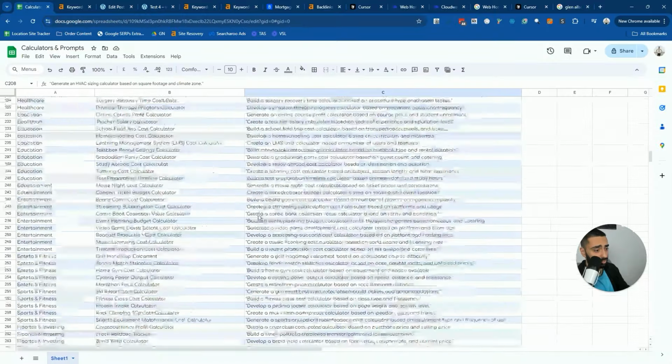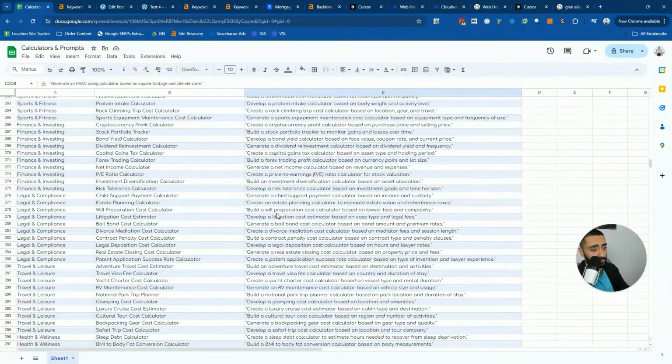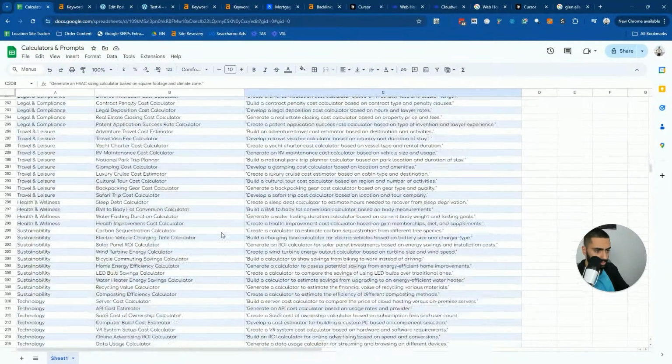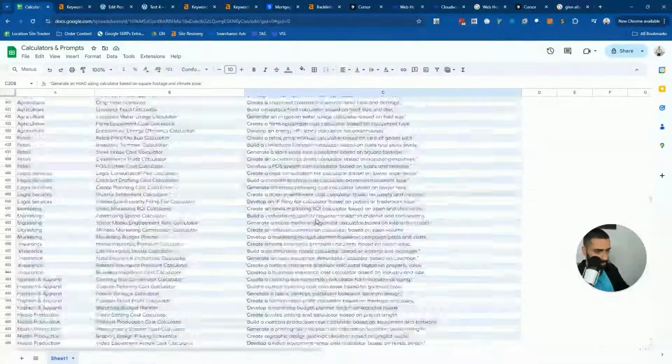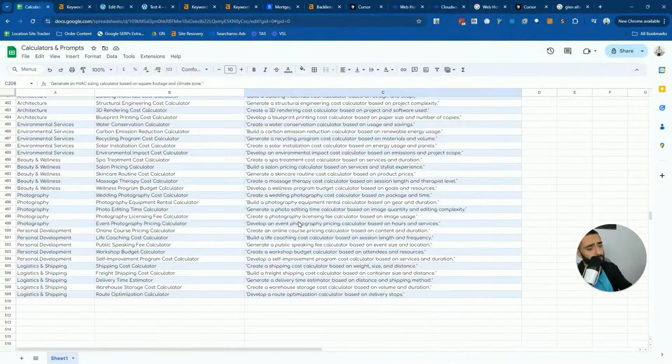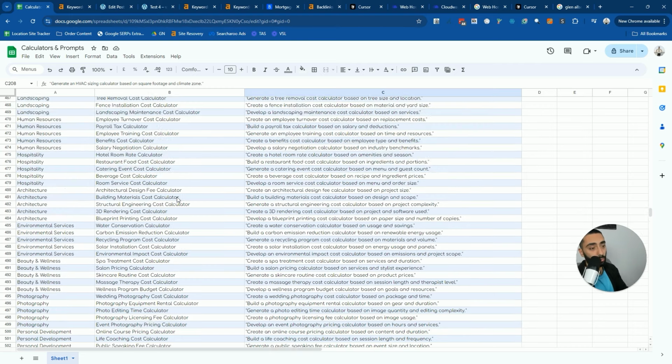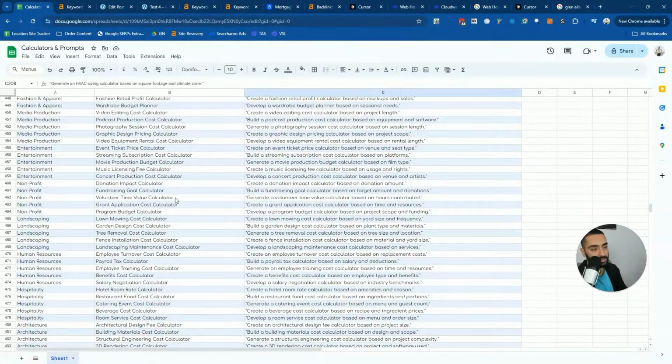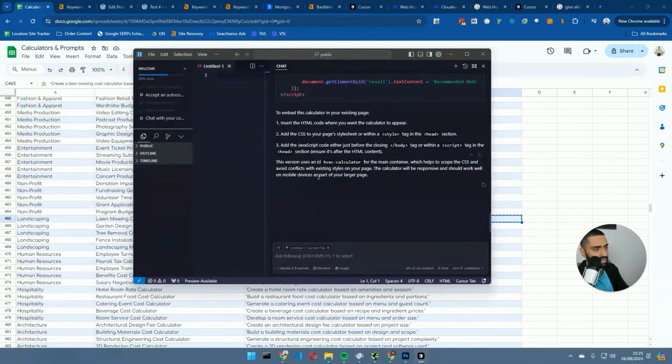Now, going back to the sheet, we can do this for as many different prompts. So for example, let's choose one. There's also, by the way, 500 plus different calculators. In some cases, if I've not covered your industry, just take a look and see what there is here, and there will definitely be an idea that you can think of. So if we do landscaping, lawn mowing cost calculator, I'm just going to copy that, head back over to